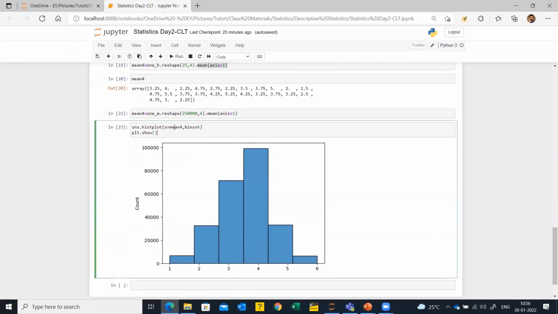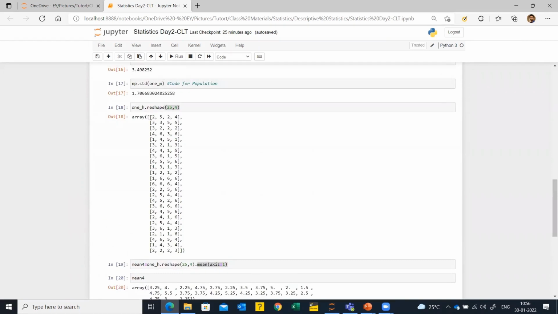So instead of passing 1 million, I have passed the mean. Now, if you remember the central limit theorem, the first theorem says that if you calculate the mean for each of your samples, what you have done here is taken 4 samples at a time and done it 25 times. So it means